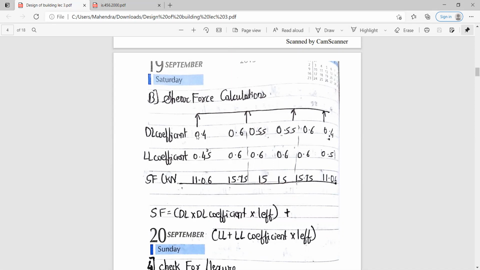So just substitute the values for the dead load coefficient and the live load coefficient for each and every span and calculate the shear force for all these spans. So do the shear force calculations, and if any query, you can ask.